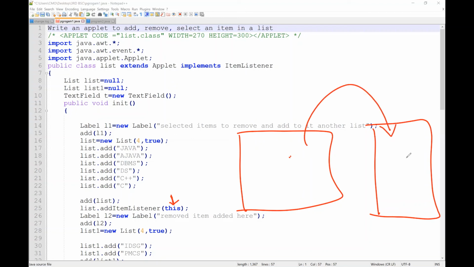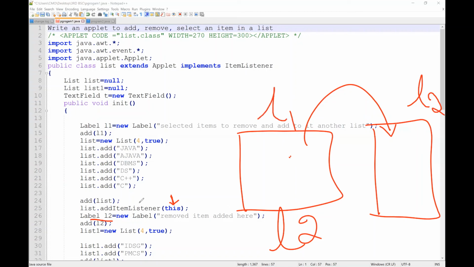That's why we need one more list. We are labeling it as L2. It's not 1, 2, it's L2, small case L and 2. We are creating list 2. This is our list 1.